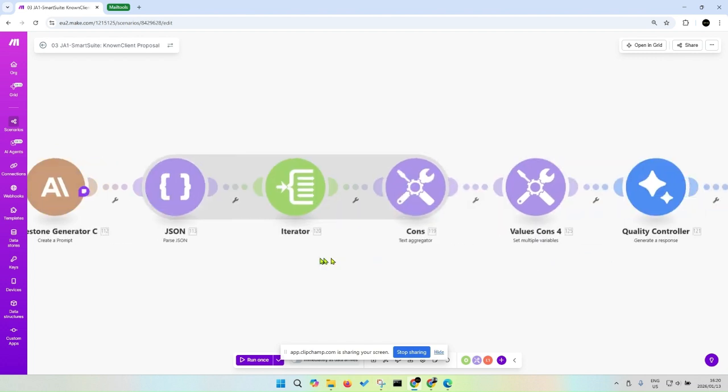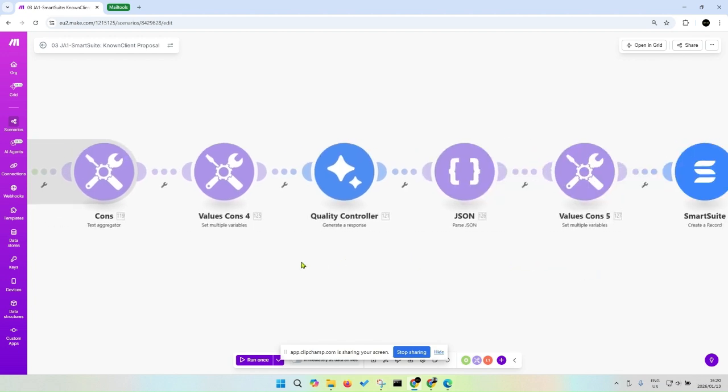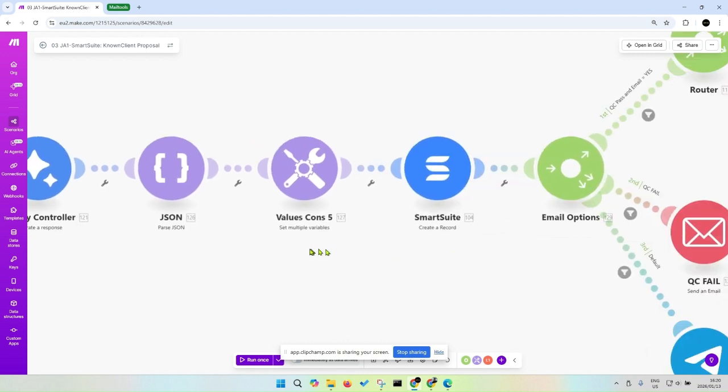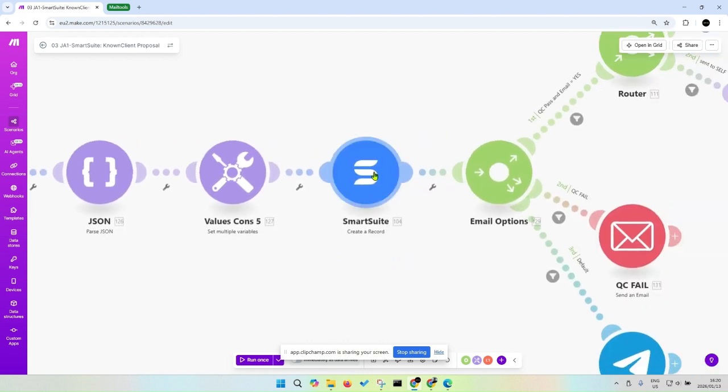And as mentioned before, the entire data packet is sent over here. Those previous ones were Anthropic Claude, and here I've chosen to use Gemini. But we can use any LLM for which you have an API connection. They will all do basically the same work. This one, I won't bother to go into the prompts and look at those, but this one is doing the quality control, and ultimately then this information is sent back into Smart Suite